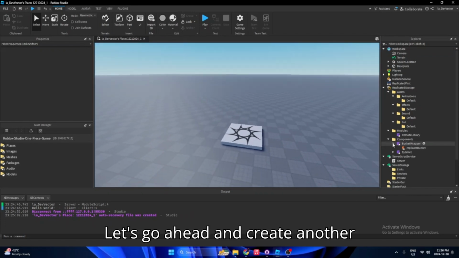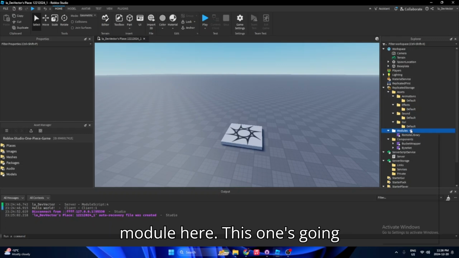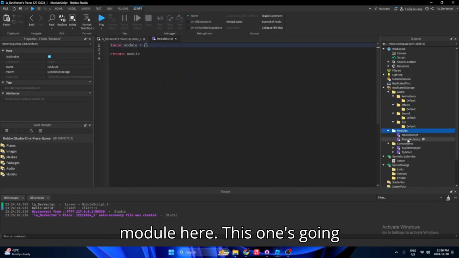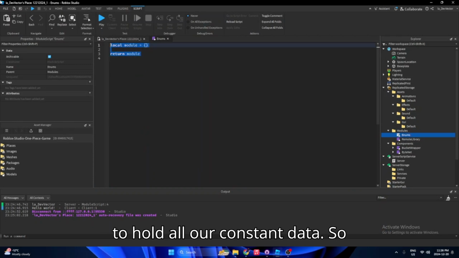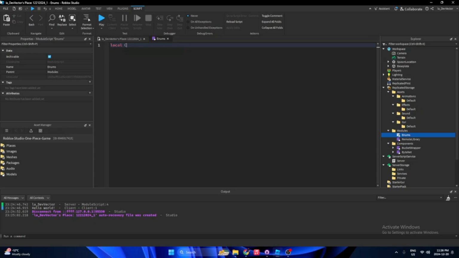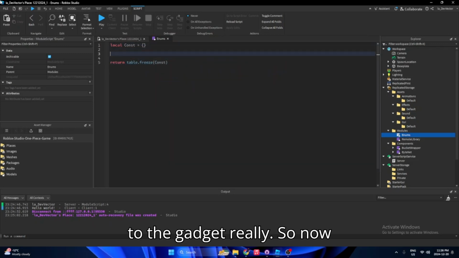let's go ahead and create another module here. This one's going to be called Enums. Enums is going to hold all our constant data. So const. Let's freeze it honestly, so they can't edit it really. So now what we're gonna say is we're gonna go